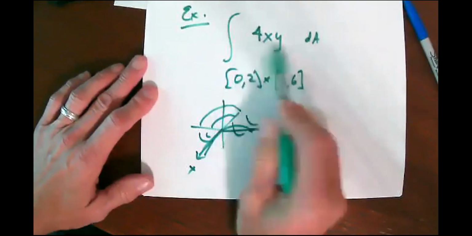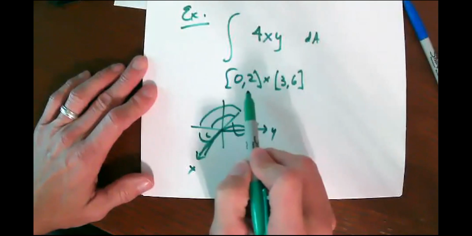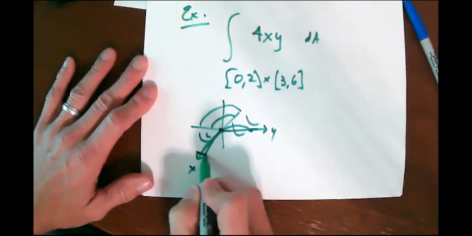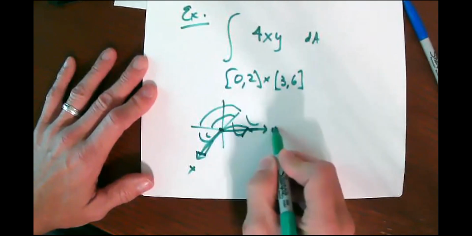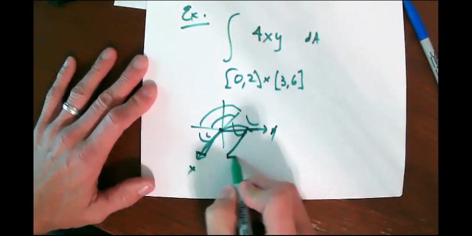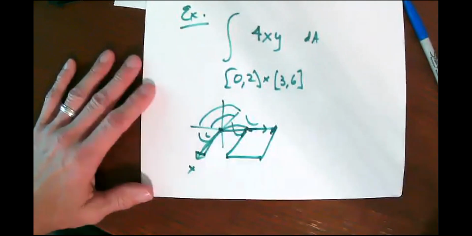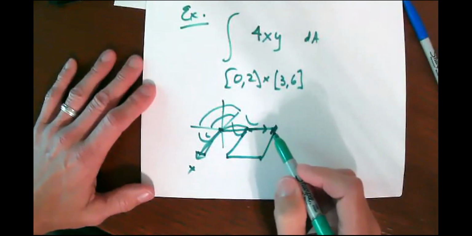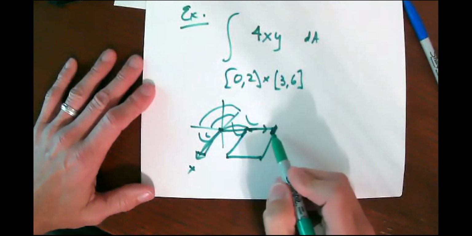Now, that's the graph of this function, and I'm asking you to look at the points where the x-coordinates go between 0 and 2, and the y-coordinates go between 3 and 6. So that would be a rectangle over here somewhere. And this integral asks you to compute the volume of the region that lies under the saddle surface and over